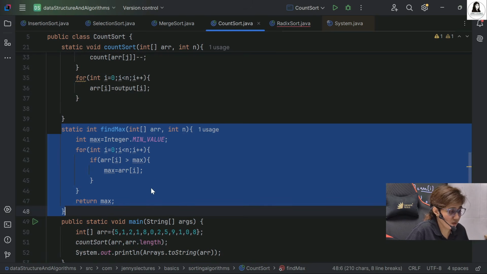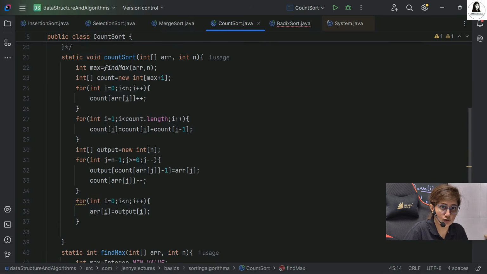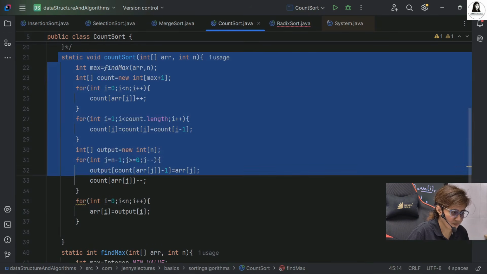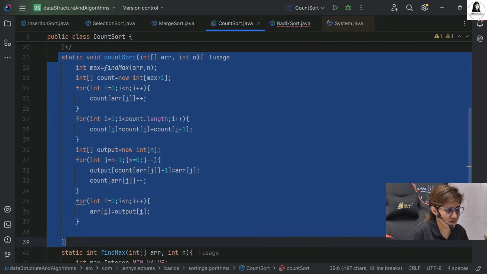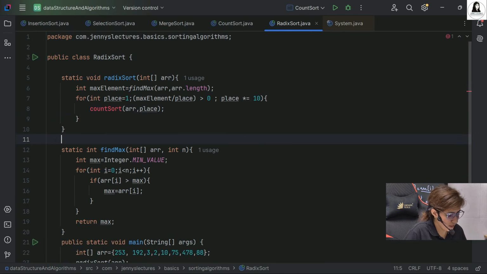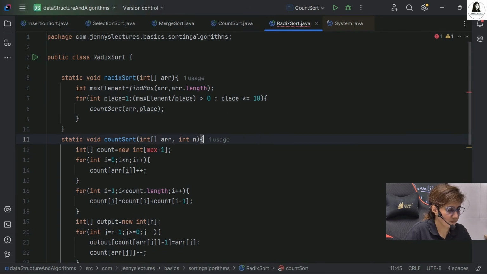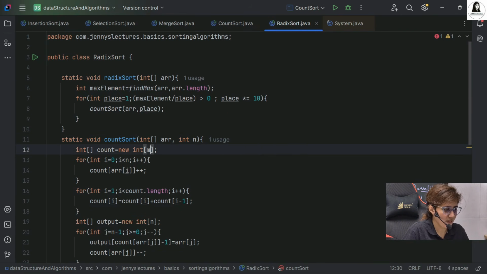We'll not write count sort here and will just copy paste it. But you shouldn't copy paste; write it yourself again, line by line. That's for practice purposes, and it will help you. Now, in count sort, this line we don't need, so just delete it. The count array will always be of fixed size 10. Radix is 10, base is 10.